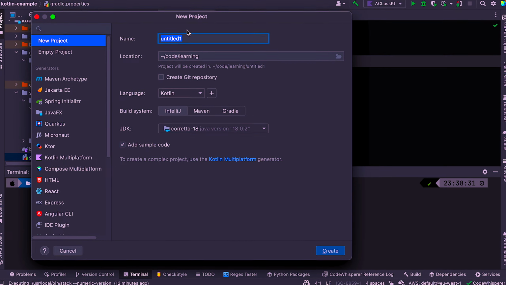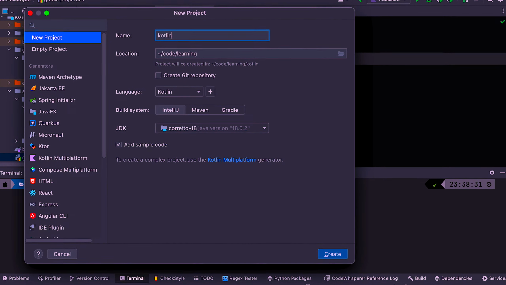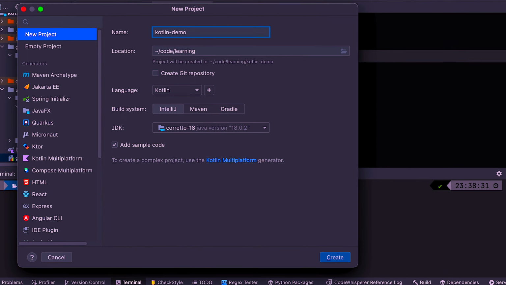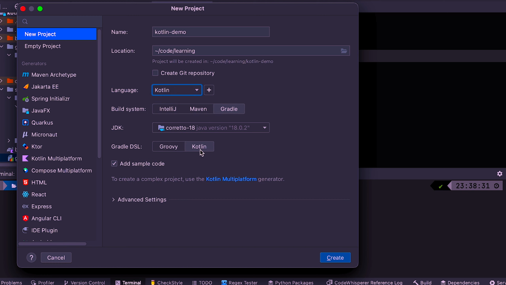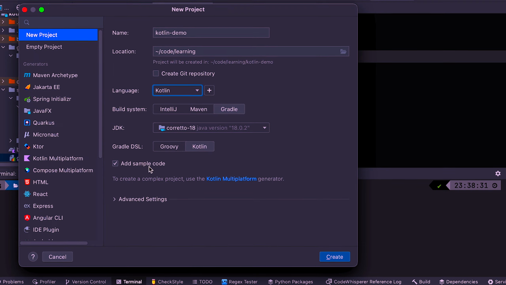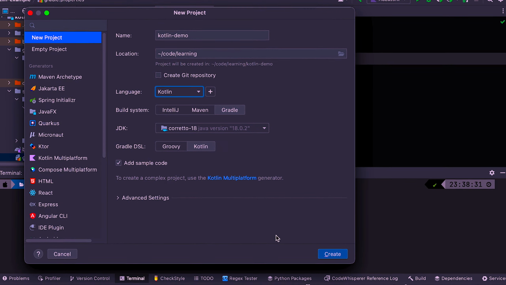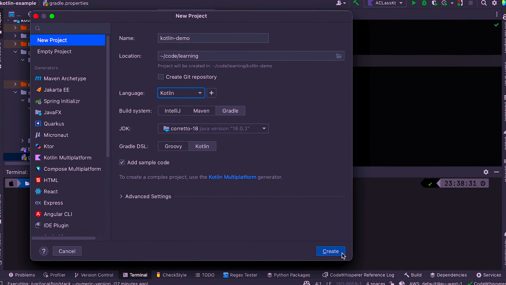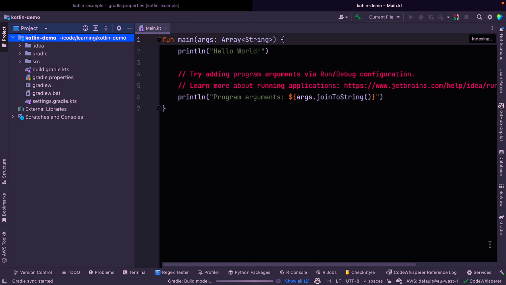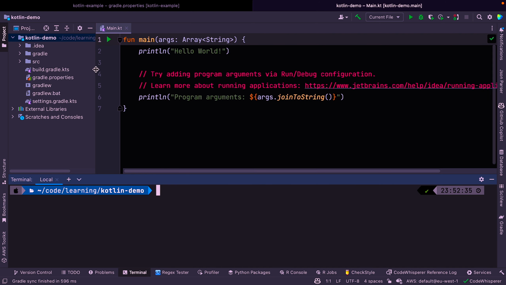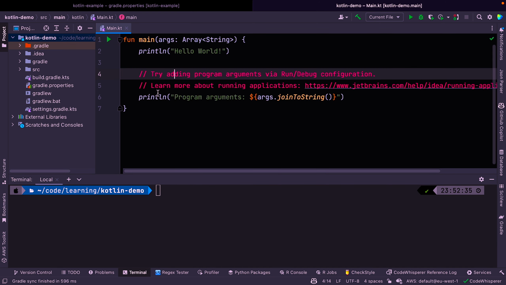And in this window here, we're going to give it a name, Kotlin Demo, for example. And we're going to select the language as Kotlin. I've already got it selected here because that was the last one I selected. Just make sure that's Kotlin, and we'll say Gradle, and we'll say Gradle Kotlin. Yeah, we can add some sample code. We don't want to create a Kotlin multi-platform, so let's go ahead and create that. Okay, so as you can see, you already get a hello world kind of demo here, but we're going to